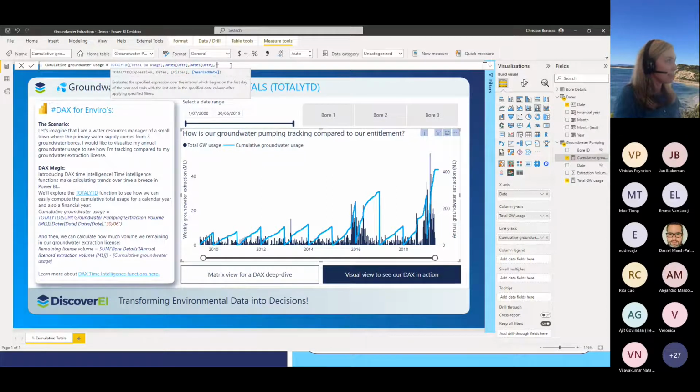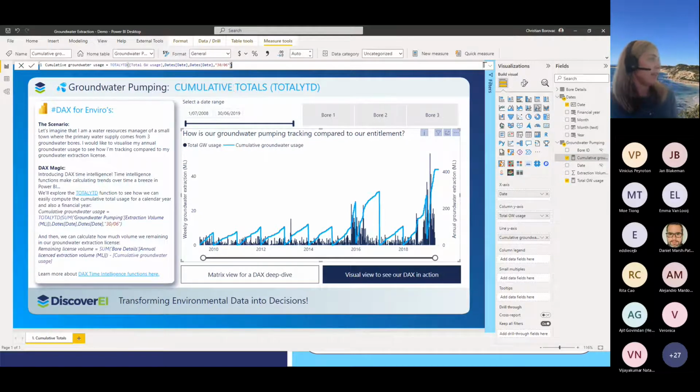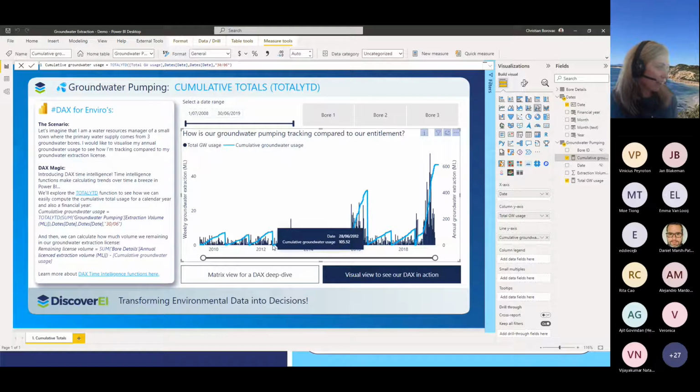And the year end date, I want to put as the 30th of June. And if we put this in here, we can see that our DAX function has resulted in our cumulative totals resetting on the 1st of July for every year.